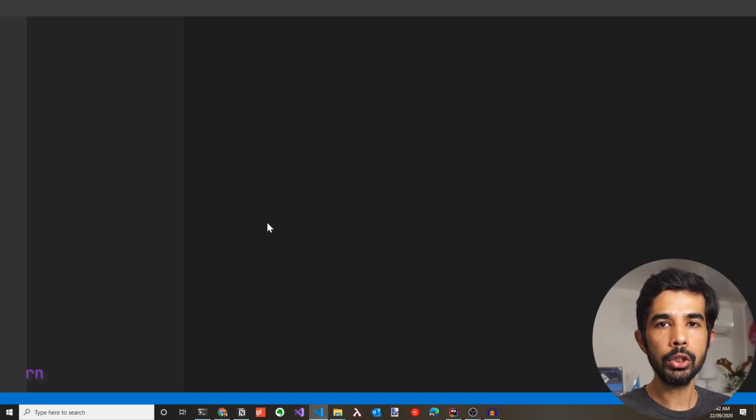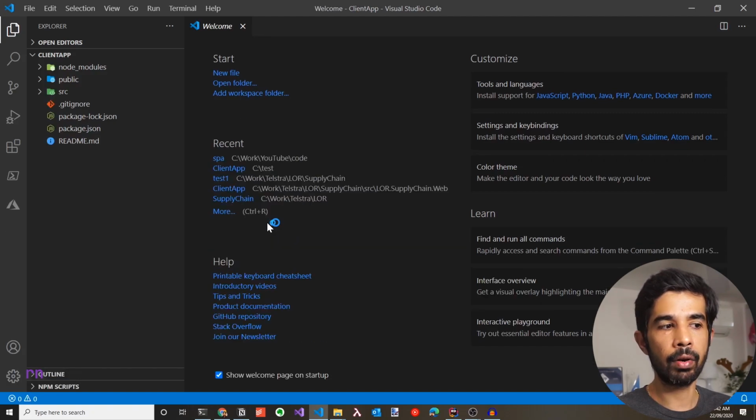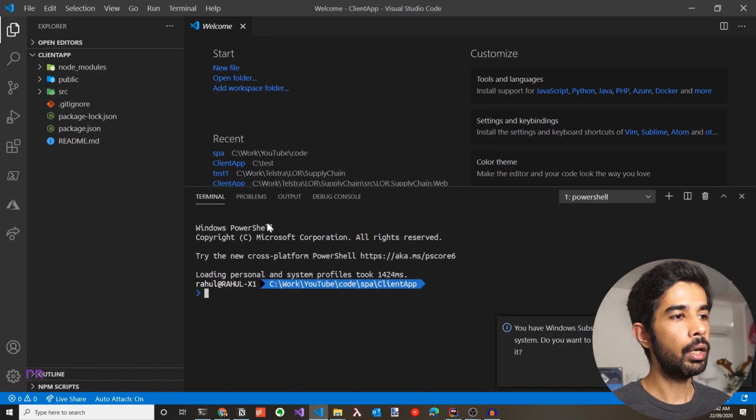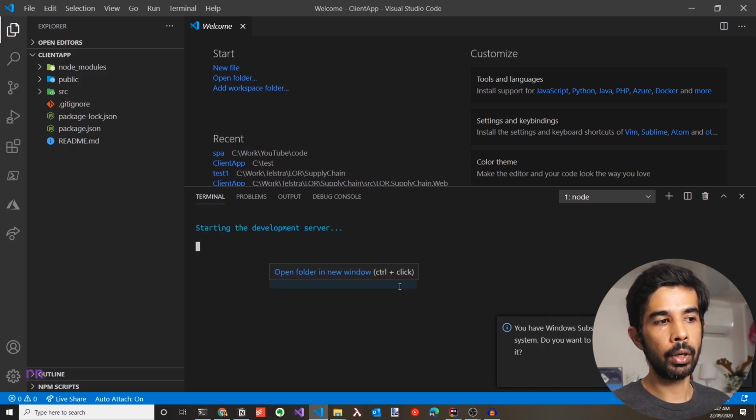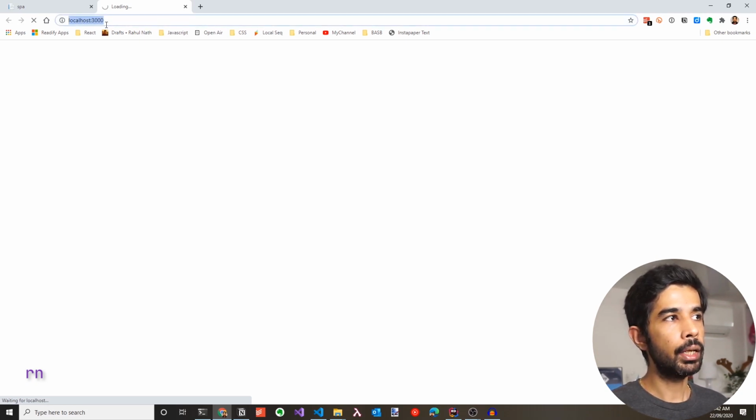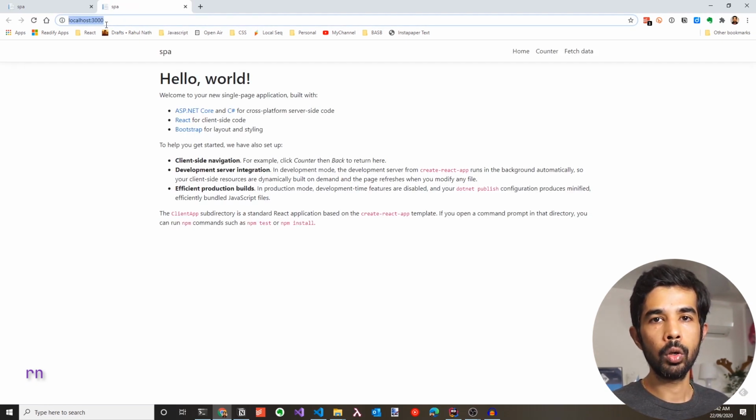This is where usually I have my front-end application development. In the VS Code terminal, we can run npm start to start this application. Note this is running under the client app folder. This has started the application in the localhost 3000 port, which is by default what is configured for the Create